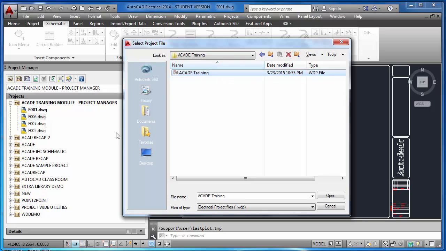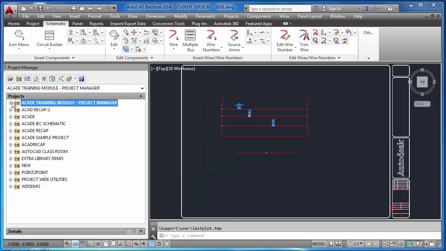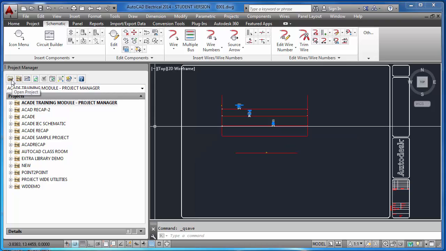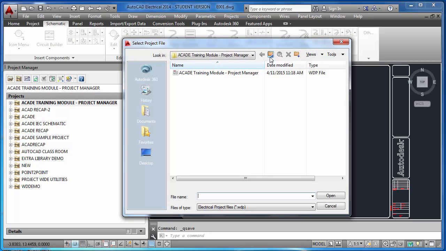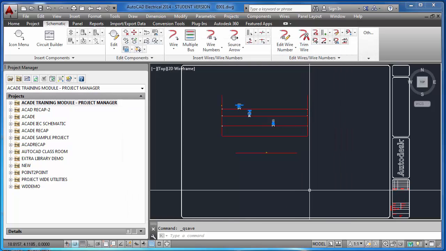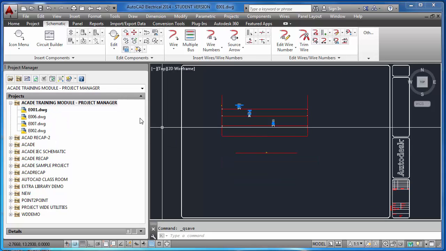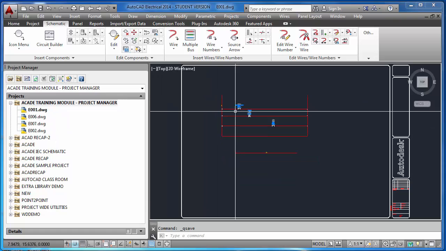So click, again I will show you, if you already have a project you want to open, just open, go to that particular project, and there you won't find any DWGs, you will find only this WDP file, open. Okay, right now that is open. So this is all about project manager,